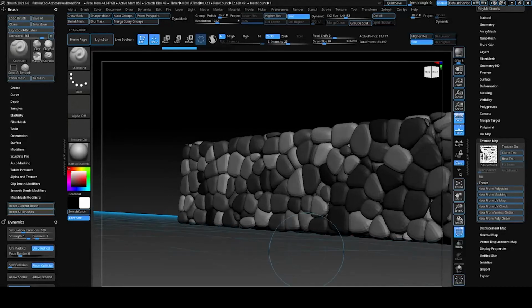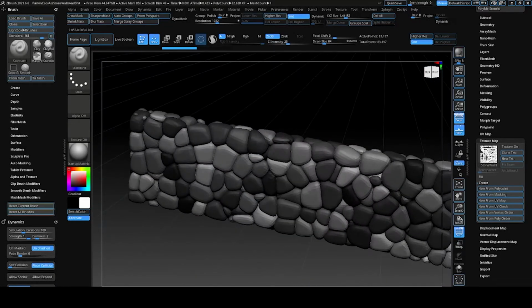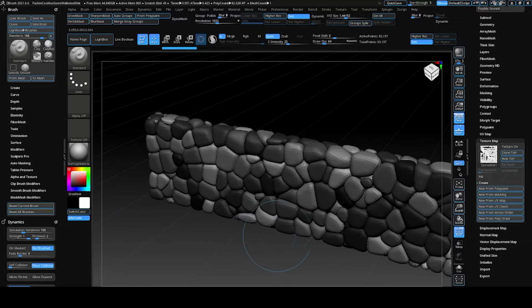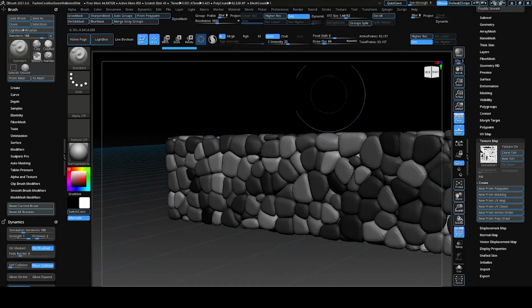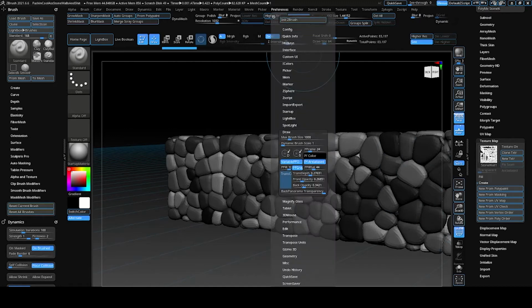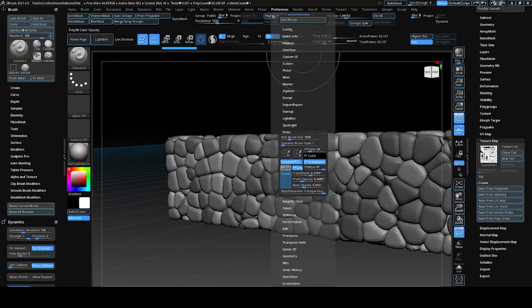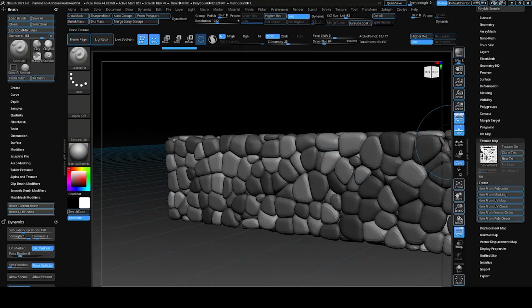I made a kind of texture using the polygroups. All I did was go into my preferences, under Draw, and change the polyframe to grayscale, and you can play around with it. So something like that maybe. And then what you can do is come over here